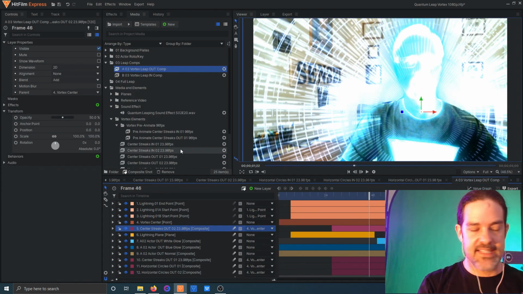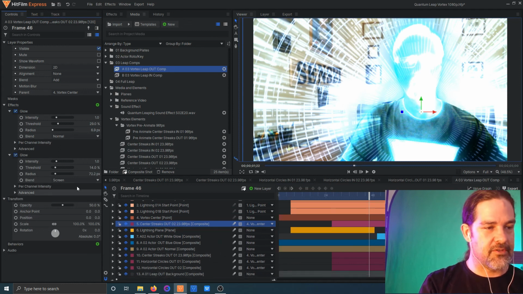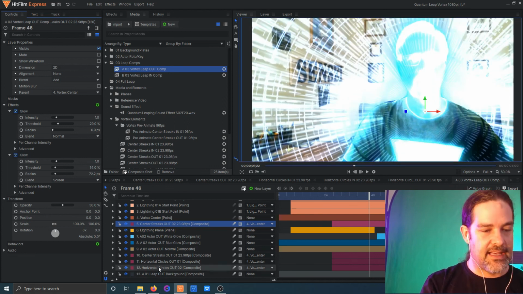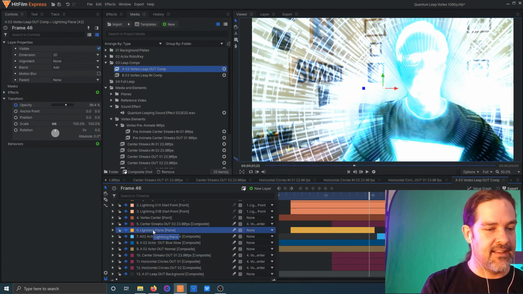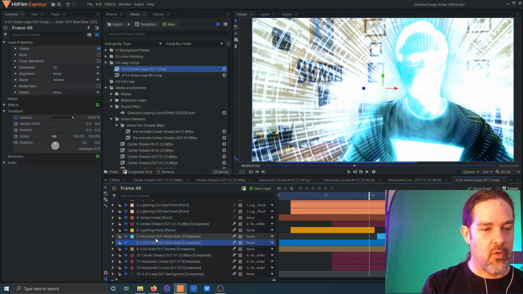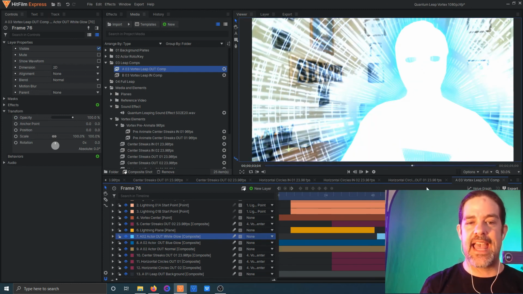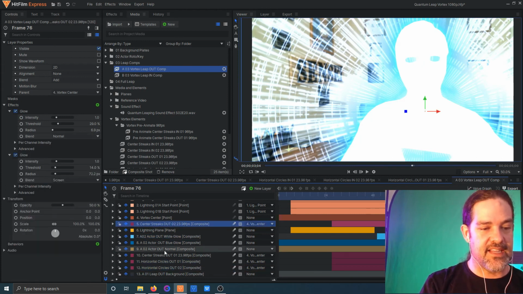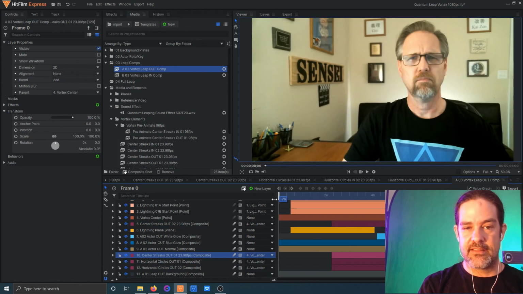Then in the actual vortex comps, each one of the element layers, the center streaks, the horizontal circles, they just all got a couple of glows on them. The same two glows are copied across every layer. The horizontal circles, all the horizontal circles, both the center streaks, the lightning plane, and the white glow actor roto layer. I just designed the glow once, made it look good, and literally copied those same two glows to all of these elements. And then all of the circle layers and the center streaks layers, they're all in add blend mode. And once you just layer it up together,